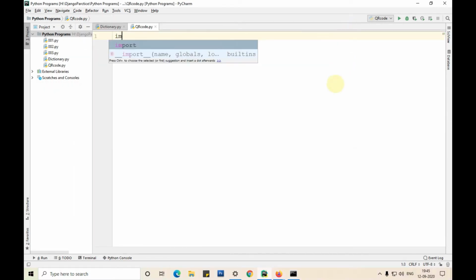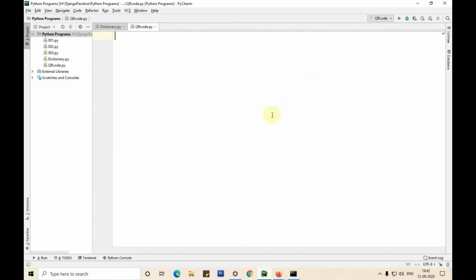There is already a QR code file that I've created but did not write any code in it. I'm writing the code now. Import qrcode. Basically I'm importing the QR code package here and creating a variable for that.